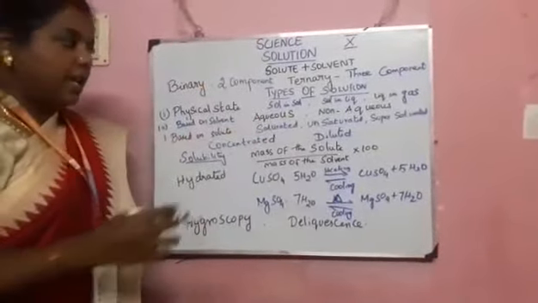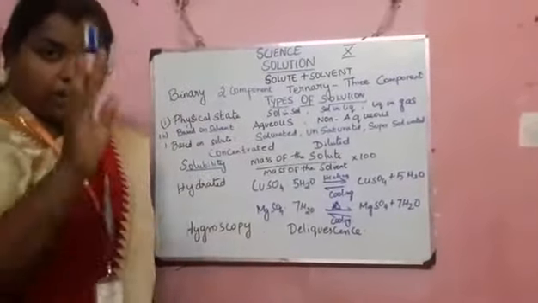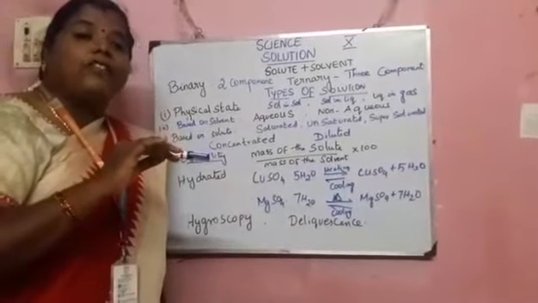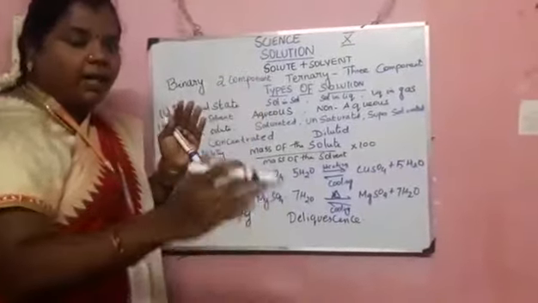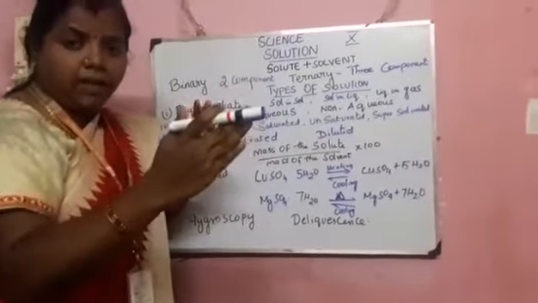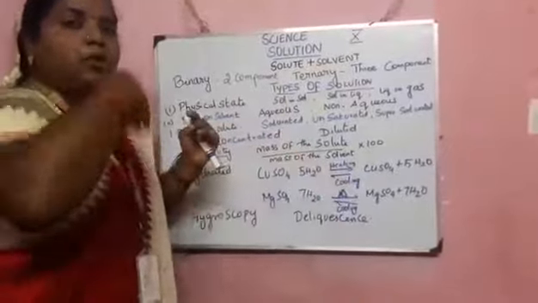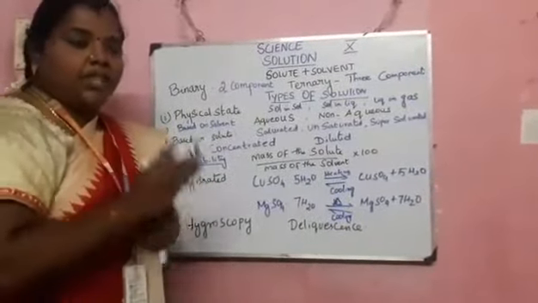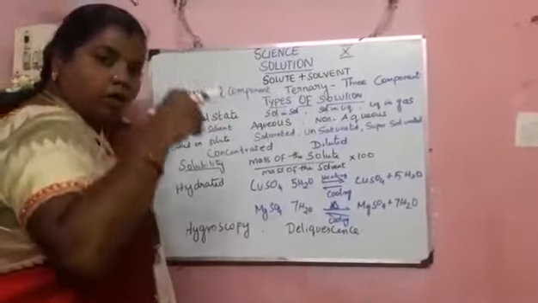Unsaturated solution: the example for saturated is 36 gram of NaCl in water. That is the perfect one. And next one, unsaturated means 28 gram of NaCl in water. That means there is space to reach the limit level. If 36 gram is the limit level for NaCl, saturated will be at 36 gram, so it cannot be increased. But unsaturated will be at 28 grams, which means we have some space to add more solute in the solution.